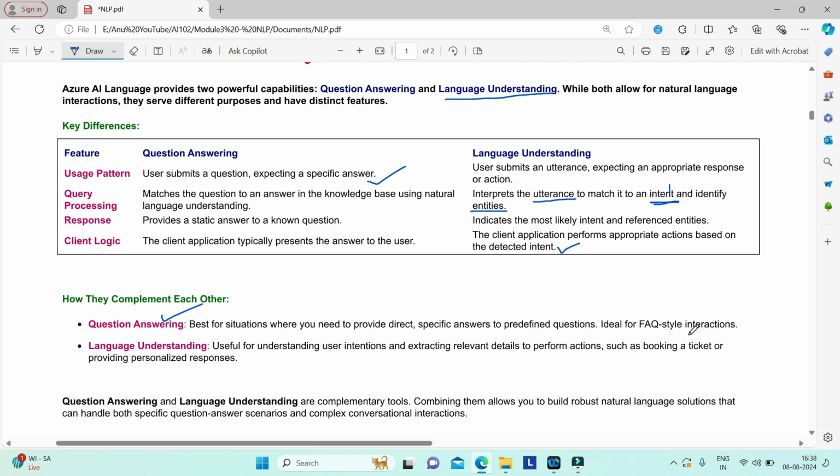using this question answering for your FAQ style kind of interaction. Now coming to language understanding, this is useful for understanding user intention and then extracting the relevant details from the user utterance. Like what is the intention of the user, what kind of action it wants to perform. So it can be something like booking a ticket, or providing some personalized responses. So it is not something which is predefined. It is something the system has to learn, like what the user is asking, and accordingly it has to take an